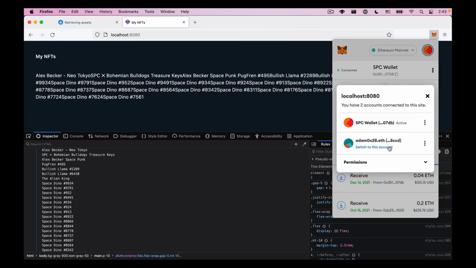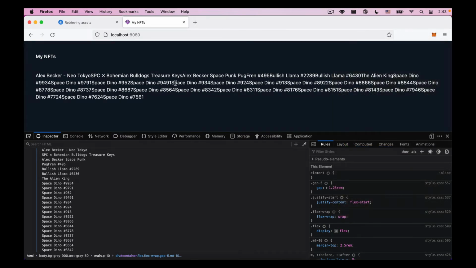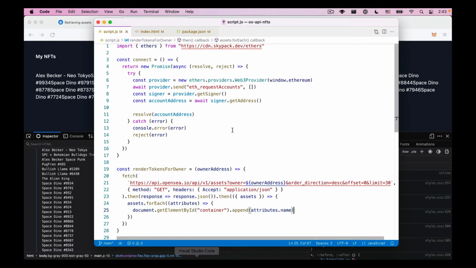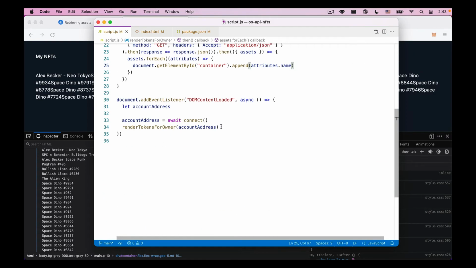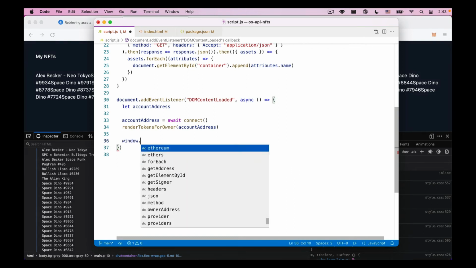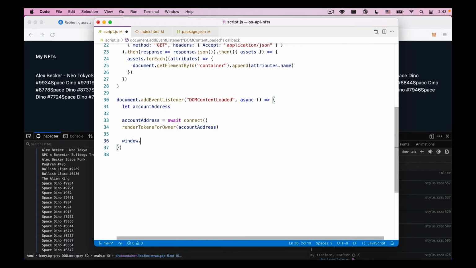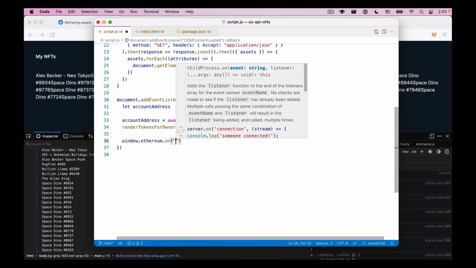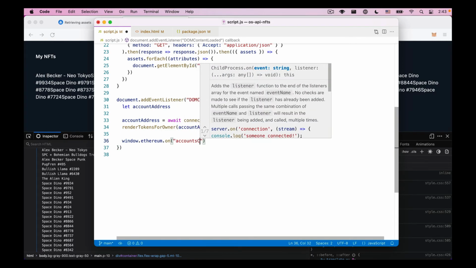We also want to have it so that when we switch from one account to another, it automatically refreshes the NFTs as well on the page. And that's pretty easy. So let me show you how you can do that. So here in our DOM content loaded, we'll add another event listener on our window.ethereum object. The event is called accounts changed,